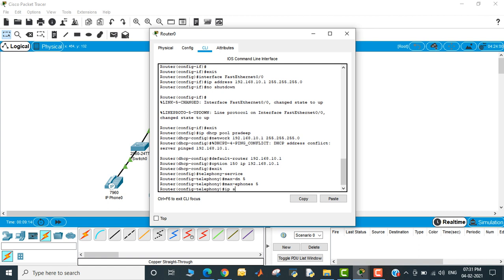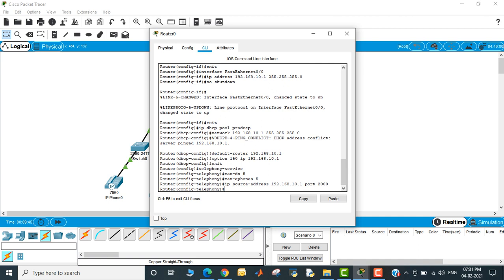Now I'm going to give the IP address of this telephony service, that is ip source-address 192.168.10.1, but here I will have to give the port. Maximum 2000 ports we can use. If you want to see that, you can use a question mark after this, but there is no need.